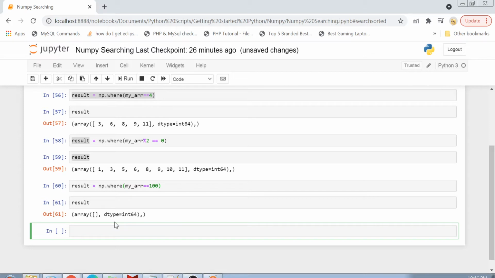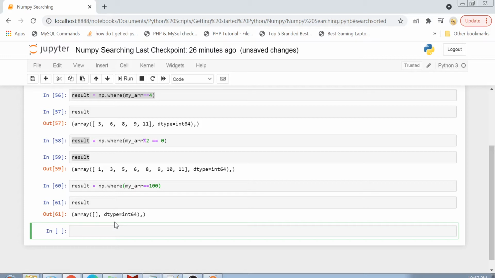So yes guys, in the where clause, if you do not have any matching value, you will just get an empty array. Okay, so guys, that was about the where clause. It is pretty much exactly the same as your SQL where clause, and I hope this is clear to you.